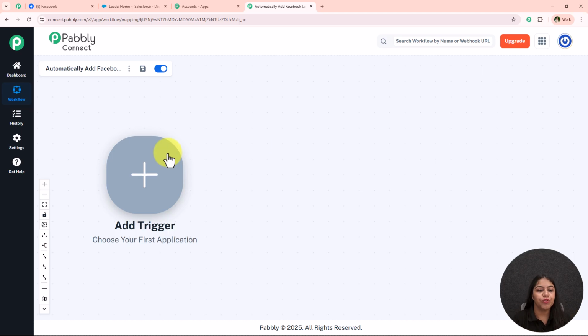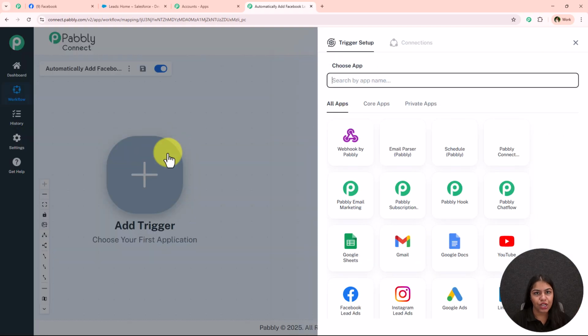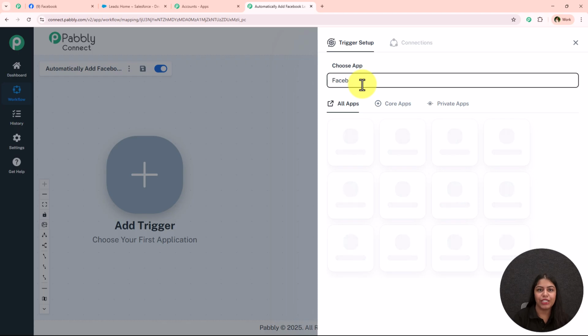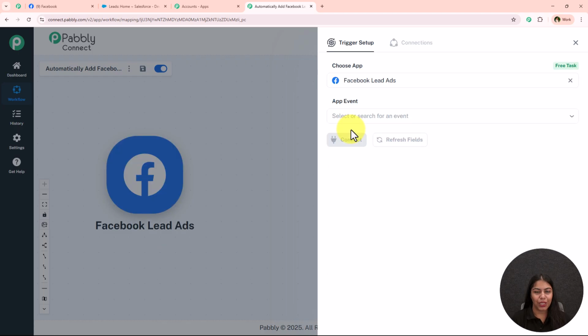Alright, I'm just going to move in further and select my trigger application right over here. For my trigger application, I'm just going to simply select Facebook Lead Ads. So I'm just going to search for Facebook Lead Ads and select it right over here. Now for the trigger event, I'm just going to simply select New Lead Instant and click on this